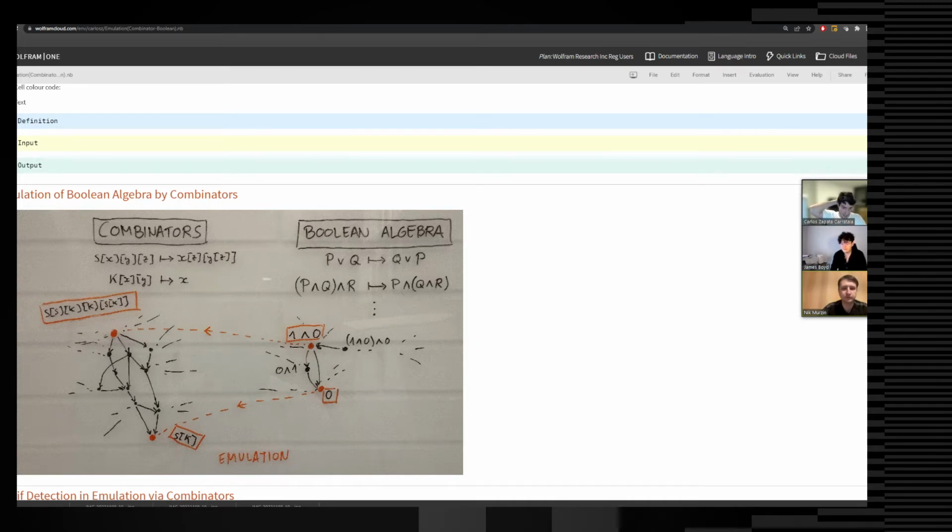Particularly, this is exemplified by a real example on the diagram. The actual graphs are not real; they're just schematic. But I guess the one on the right is real. The point is, if you have two states on the right, on the Boolean algebra side, say true and false, that can get rewritten, thanks to the first rule that I wrote there, to false and true, and that obviously evaluates, which is another of the rules, to false, and so it evaluates to zero.